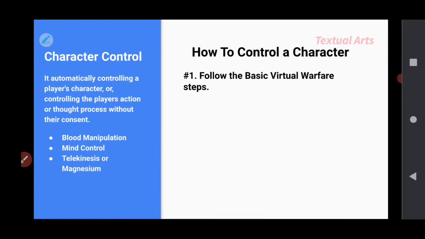It's all the way down at the beginning. It's like basic training, basic attacking, basic defending, basic manipulation. These are the steps that need to be taken. So for this instance, it would be based off of the telekinetic